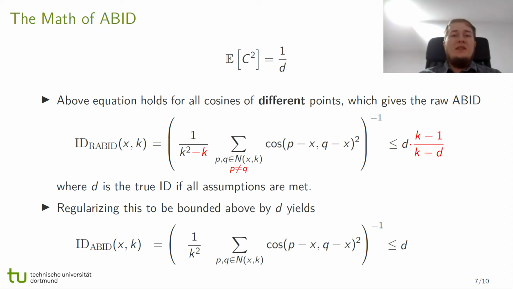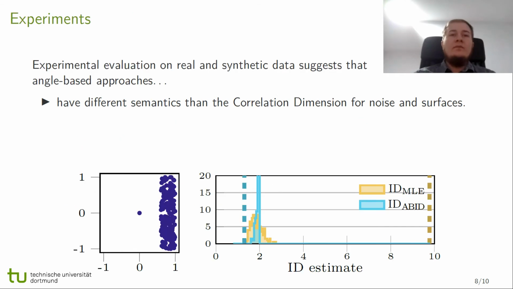The difference between these two estimators can even be used as an indicator to whether the neighborhood size was chosen sufficiently large or not. However, we need to keep in mind that we cannot just increase the neighborhood size arbitrarily, as this might interfere with the locality assumptions. But in combination with the upper bound, it makes choosing appropriate neighborhood sizes for these estimators somewhat easier, as approaches related to correlation dimension have been shown to overestimate the true intrinsic dimensionality for too small neighborhoods and underestimate it for too large neighborhoods. In our evaluation, we compared estimates from the angle-based and distance-based approaches on both real and